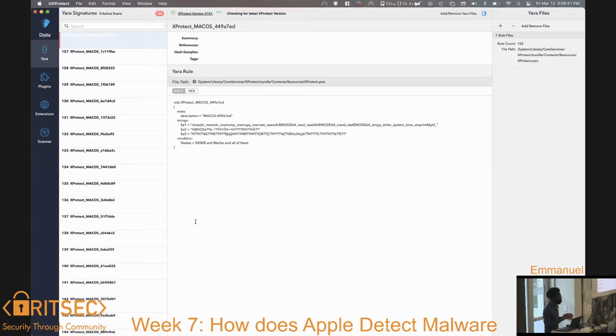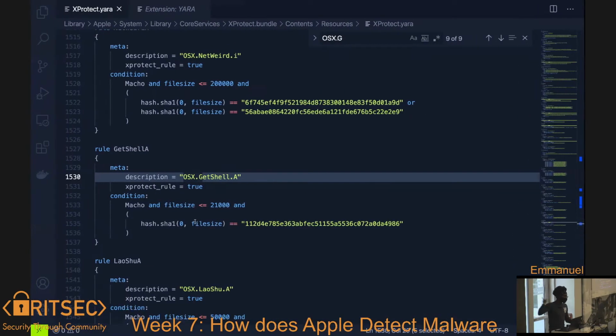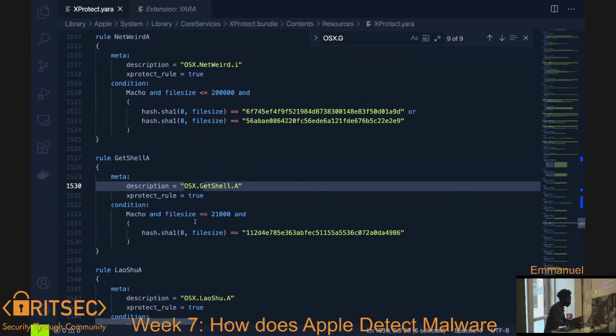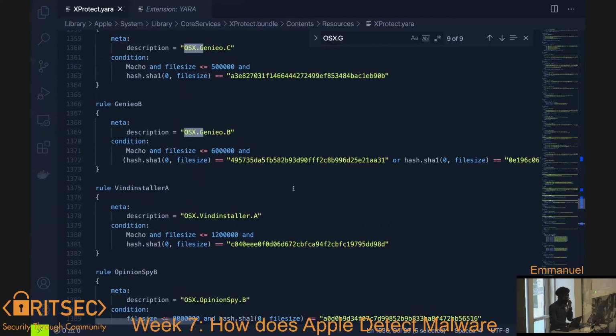No, we're fine. I know you guys can't see because it's really small, but I found this application called Xprotect, and it just makes it more visible, a UI, but we can just look at the terminal because we're cool like that. Actually, no, that's a lie. This is part of the Yara. No, it's not here. This is the Yara rules. As you can see, I was trying to search for a malware that I knew about, but for some reason, the rules are not here.